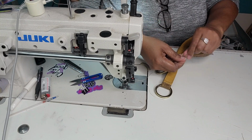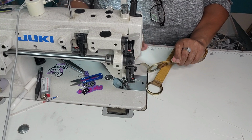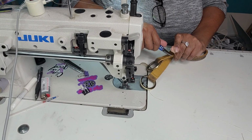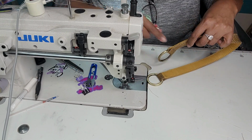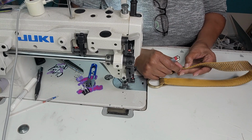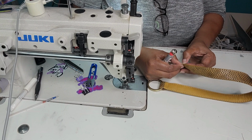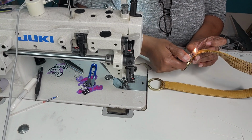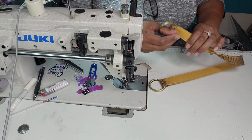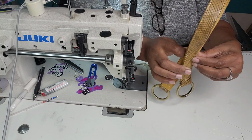Okay. And I will trim that down the best I can. And try to be very careful. Try to pull that back a little and just burn it without burning your vinyl. So don't be very quick about it. Okay, there we go. Alrighty, so there we have